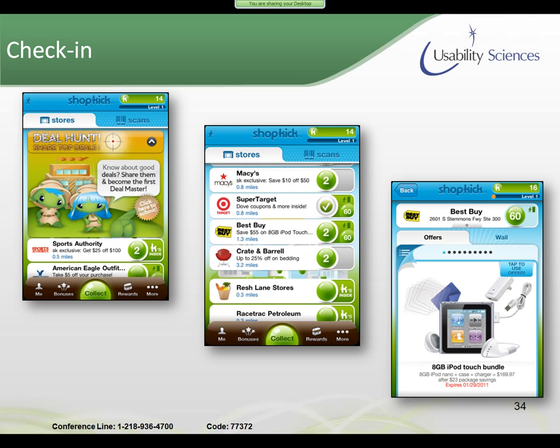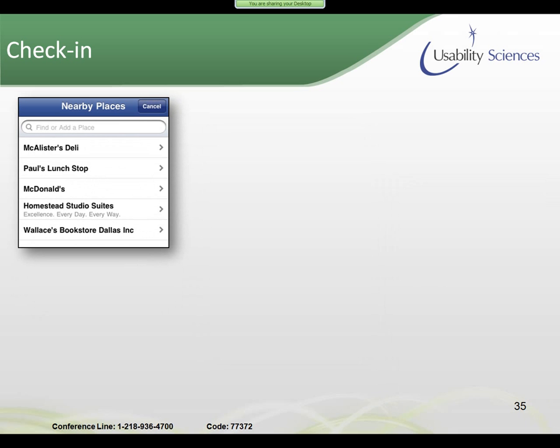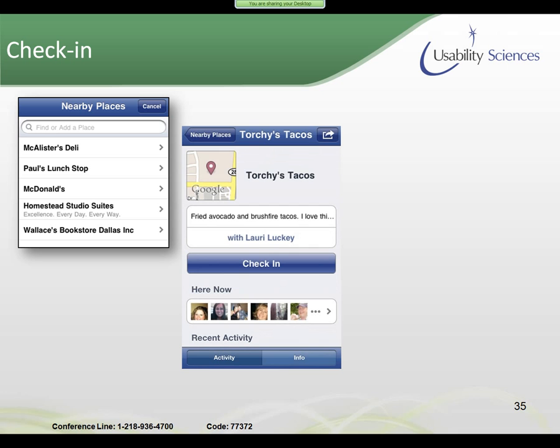Now the thing with this is that regardless of whether or not they're in your store, they're going to have to come in and buy anyway, so you may be encouraging them to come in and buy. The other one, Facebook, quickly became the most popular of all these store check-ins simply because of the number of people they had signed up prior to their release. With Facebook, there's currently not discounts being offered. Really all you can do is check into places, you can tag people who you're with, and then see others that are at the location at the same time,